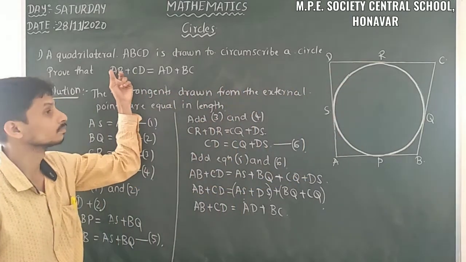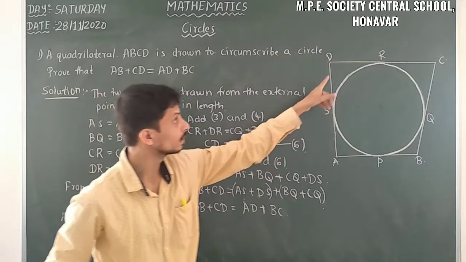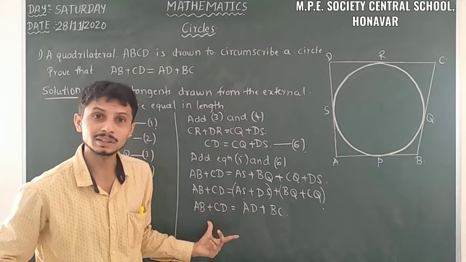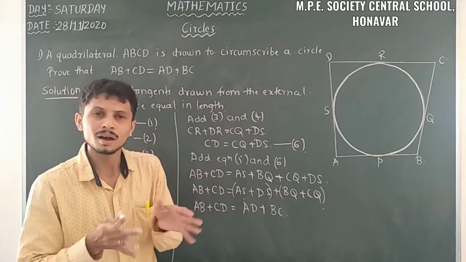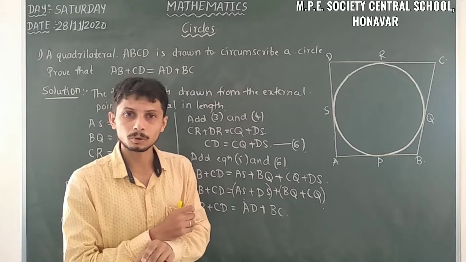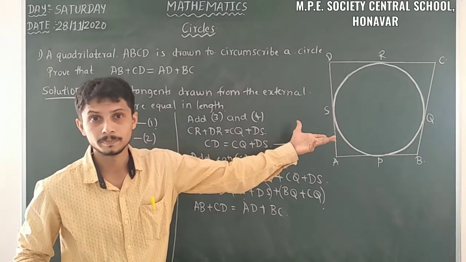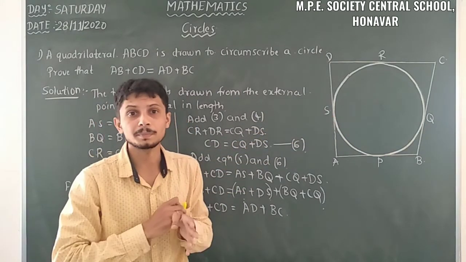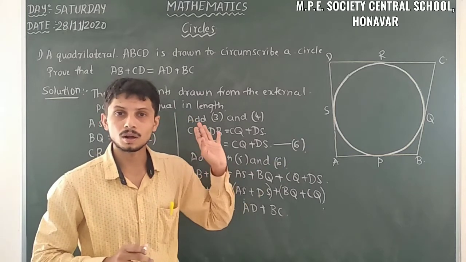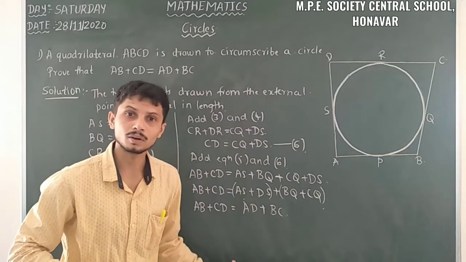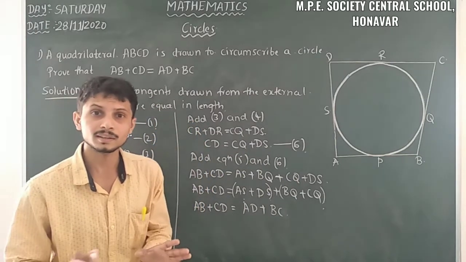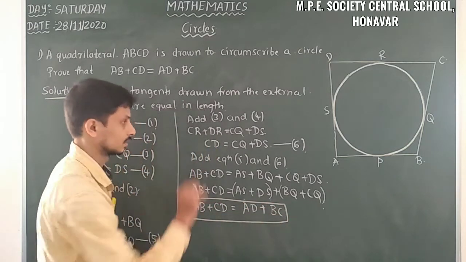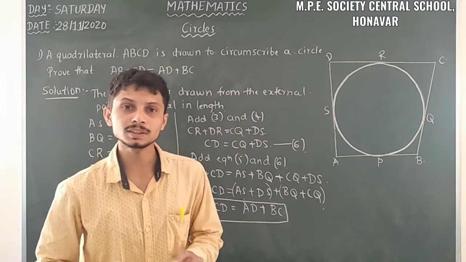Here it is only a quadrilateral. So if it's a parallelogram, we can take AB is equal to CD and AD is equal to BC, substitute into the equation, and then go on to the other proof. It looks like a rhombus also when it is a parallelogram. That means a parallelogram circumscribing a circle is a rhombus, so all the sides are equal, which we have to prove. But here it is a quadrilateral. So we proved what we wanted here. Yes, so this is the solution of this problem.